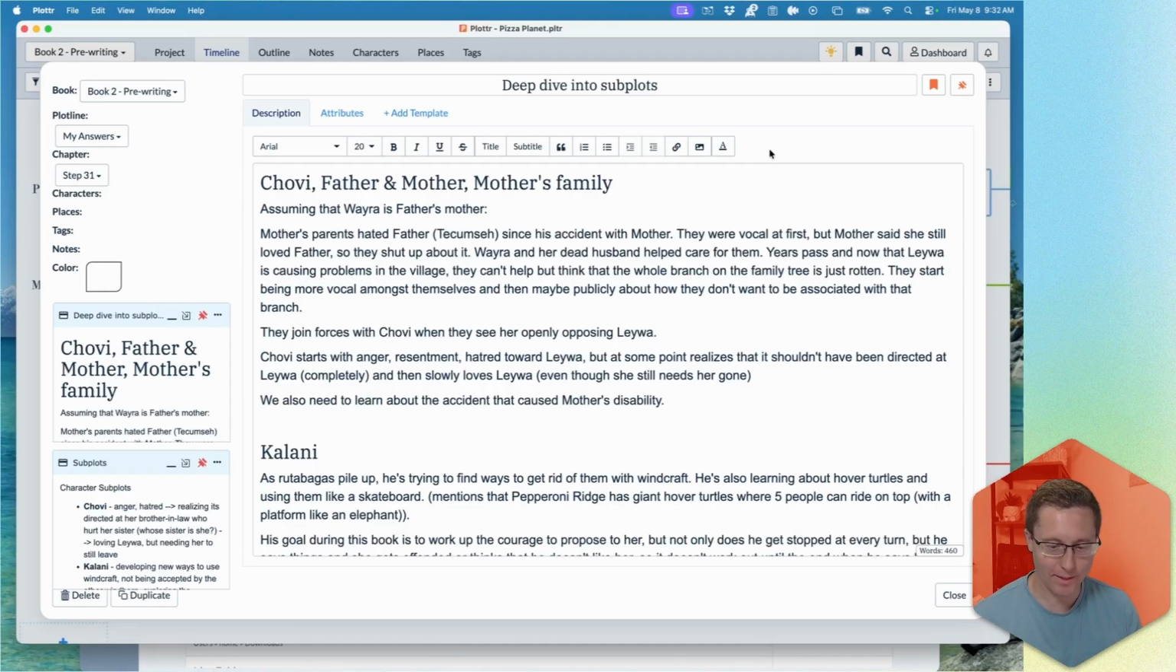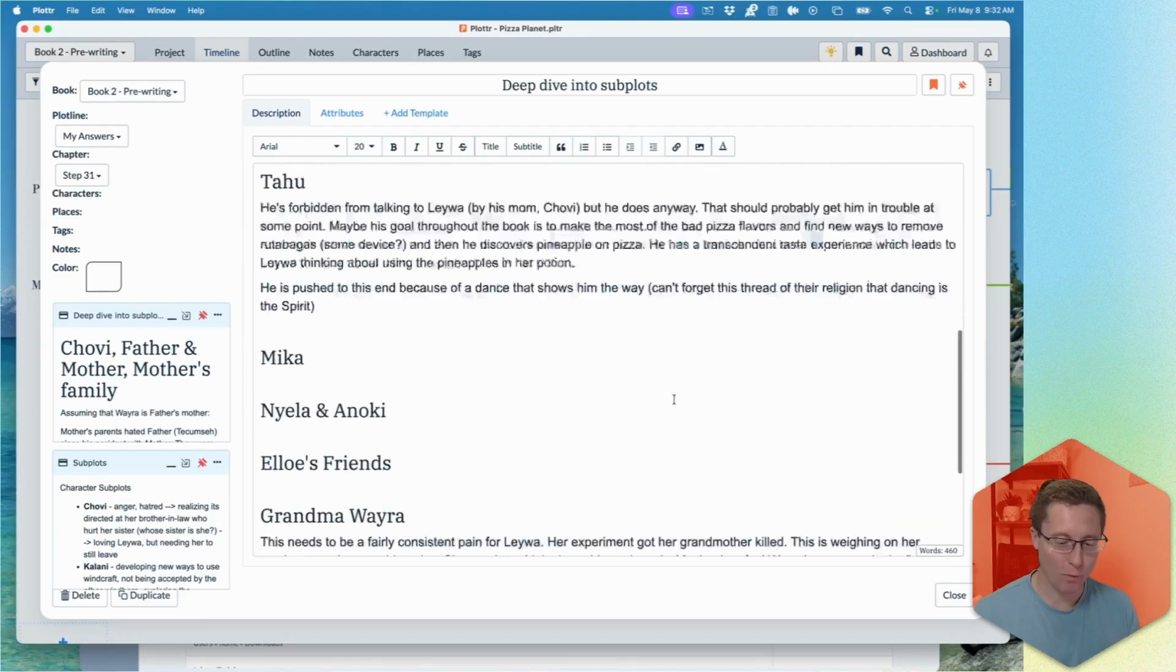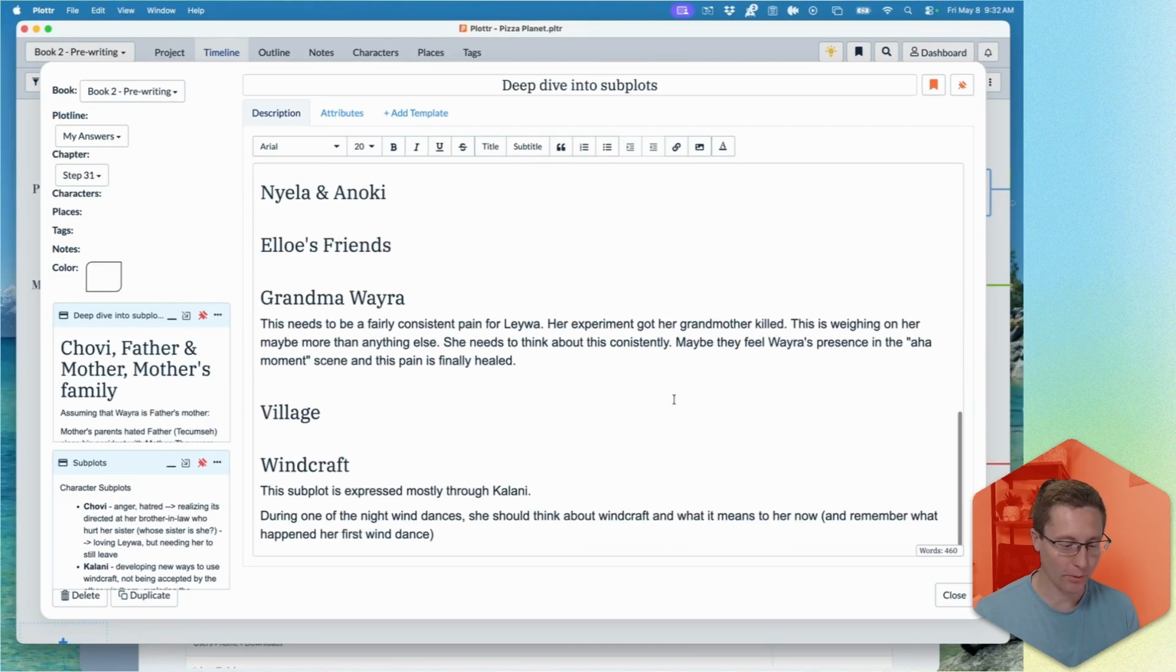I'm going to stop here on this step. I got a lot done. I fleshed out a lot of things. There's still more subplots to think through though, and I had a bit of a family emergency,